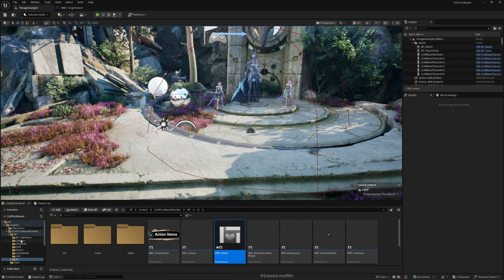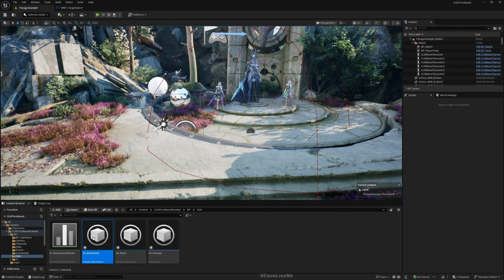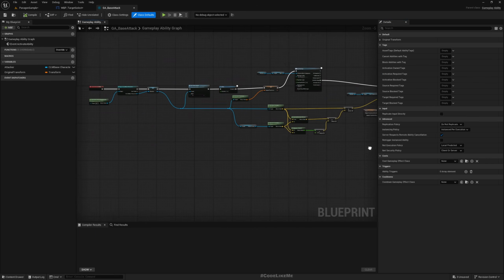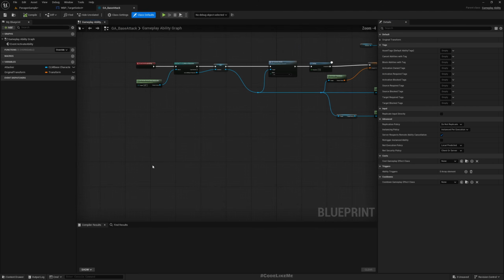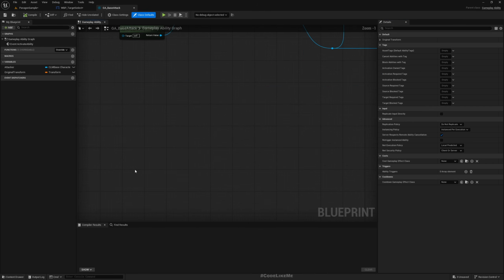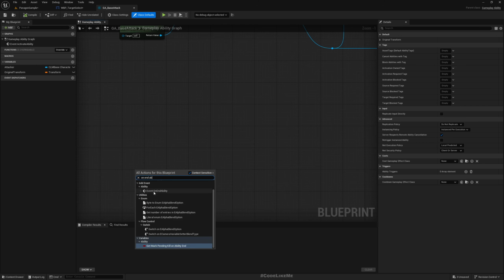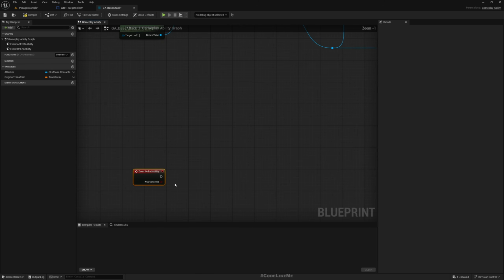So how do we do that? Let's go here, base attack, and here we are calling end ability. And yeah, as of now, to make things easier, on end ability I'll get this attacker